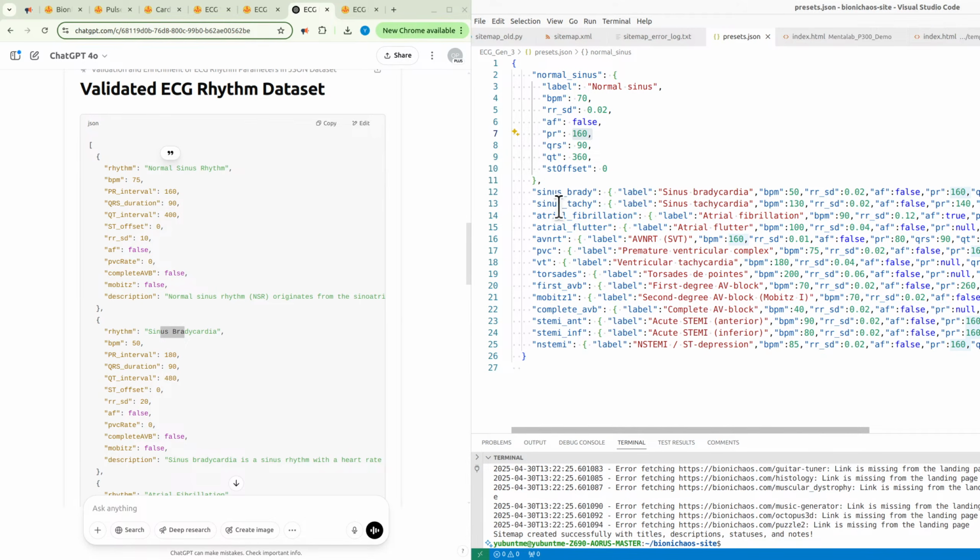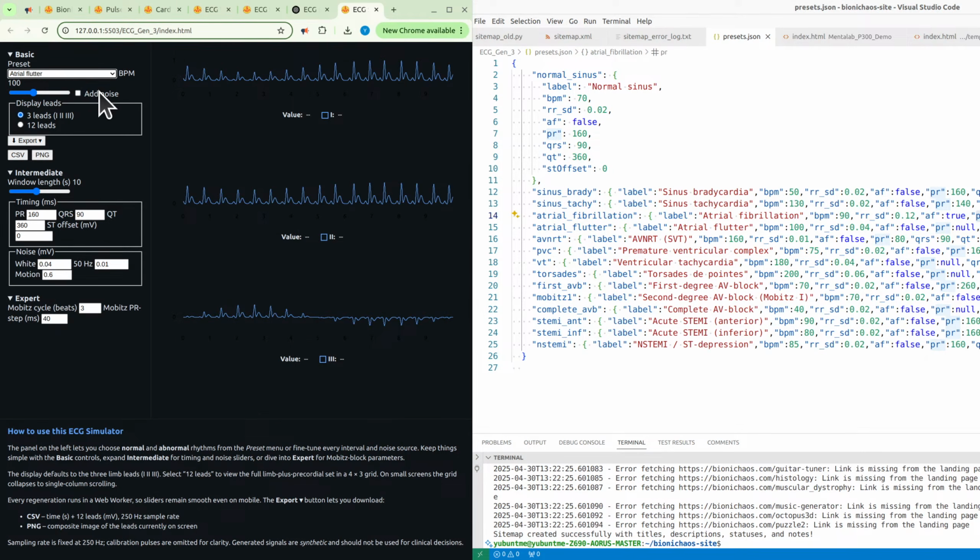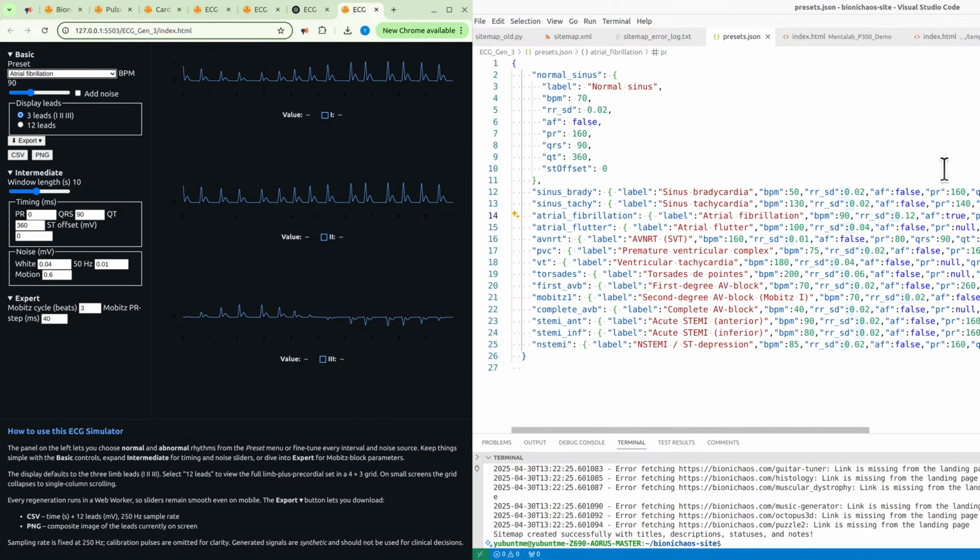And the problem is, in atrial fibrillation, we have a PR distance that's meant to be null, but it's actually not taking that into account at the moment. If we change it to 0, it correctly looks as if the P wave is not present, which is accurate.